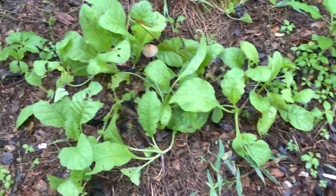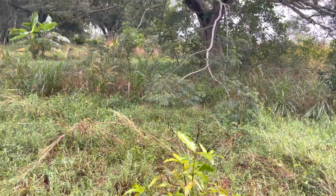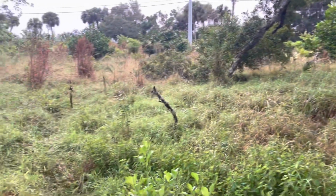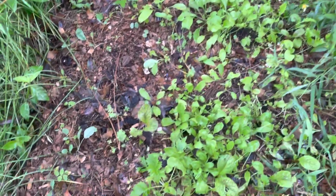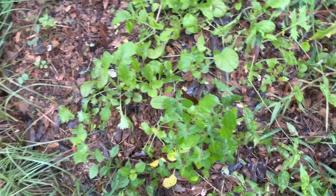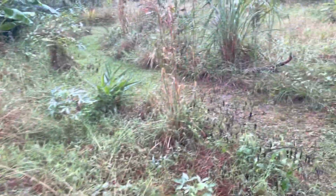Okay, I got carrots and cilantro, some fire ants. I don't know what these are. There's some green. Maybe those are the broccoli, the flowering broccoli. I don't know. We got some really, really strong rain last night. I don't know, it sounded stronger than anything I've ever heard before. It could have just been because I was asleep, but